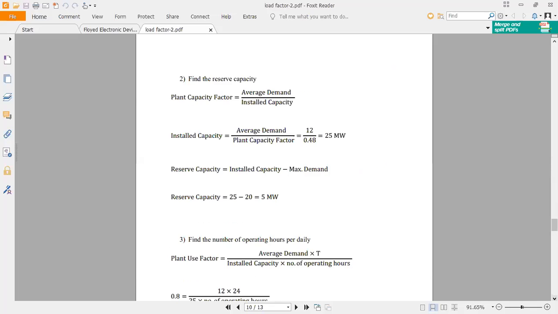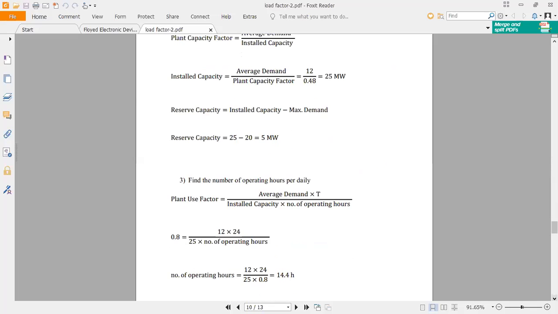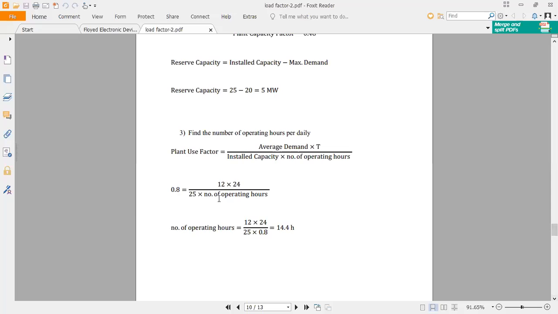So moving towards the third part, part 3. Find the number of operating hours per day. Number of operating hours means how many hours it works. For finding the number of hours, we have to use the formula: plant use factor equals